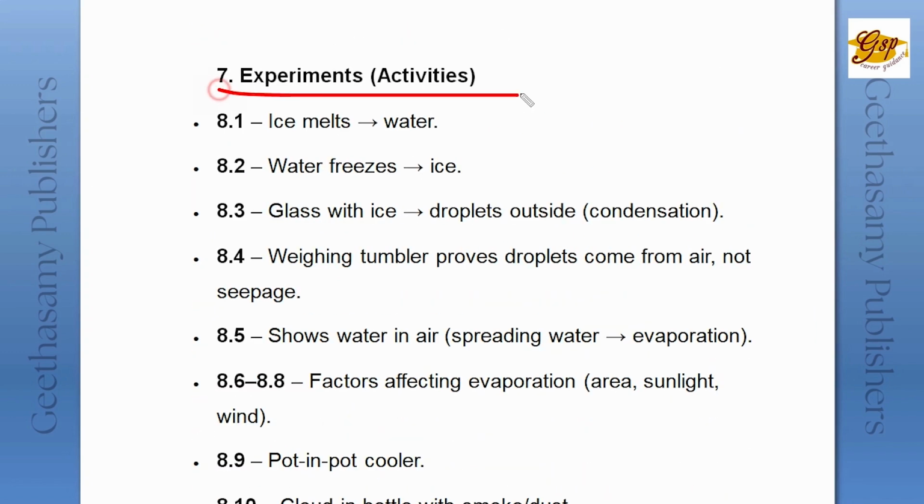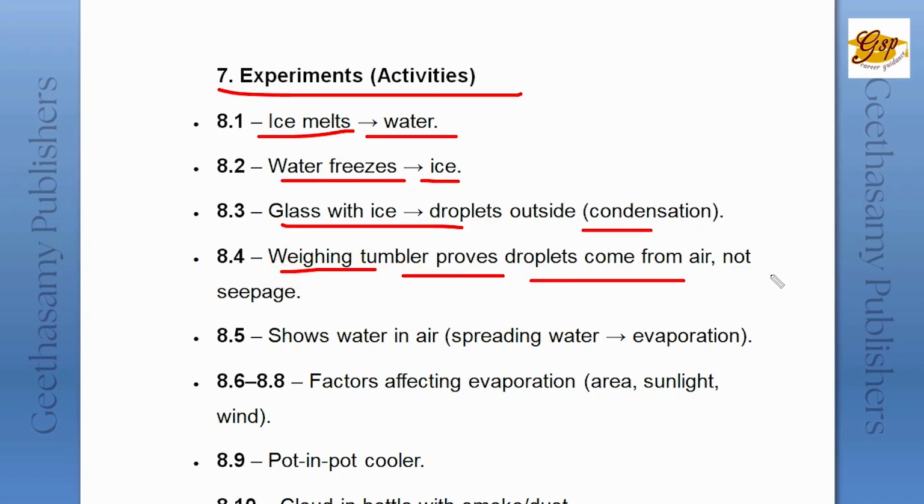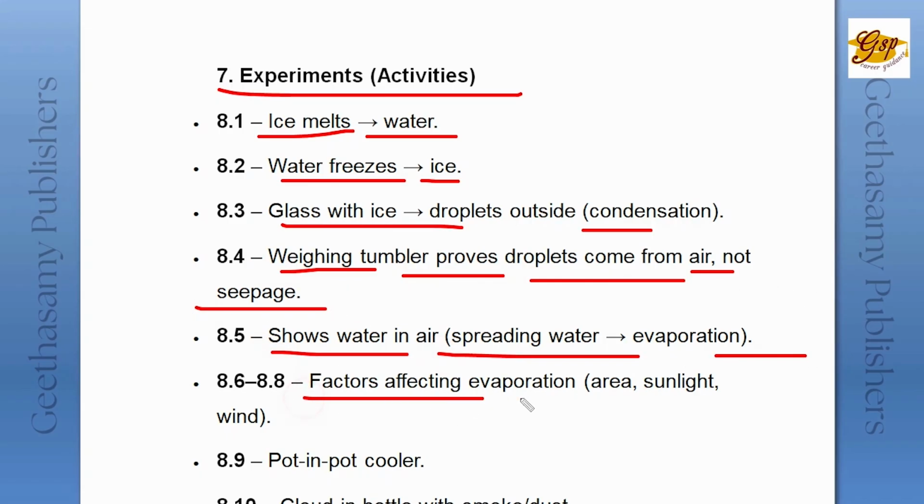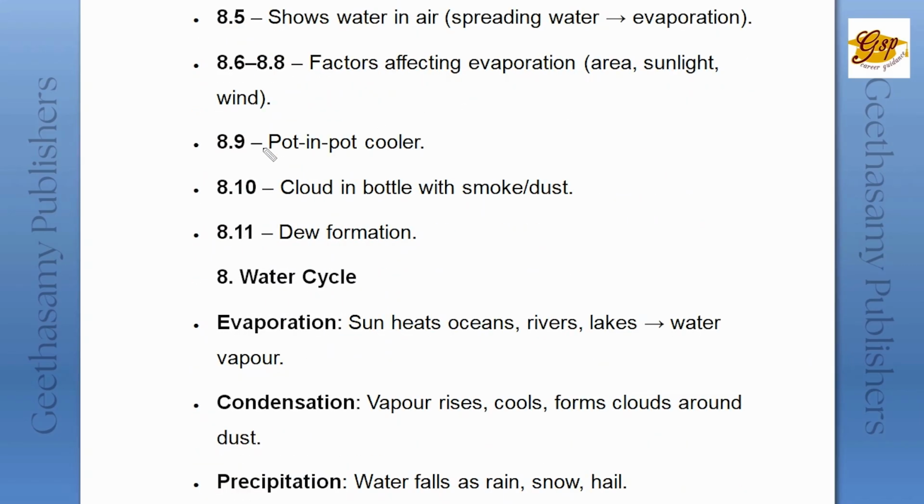Then the experiments also, like ice melting to water, then water freezes, and a glass with ice shows droplets outside, and a tumbler provides droplets, and air and seepage shows water in air, that is spreading of air in the evaporation. Then factors affecting evaporation, that is area, sunlight and wind; and pot-in-pot cooler, and cloud in a bottle with smoke or dust, and dew formation;